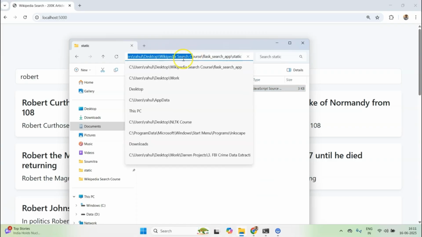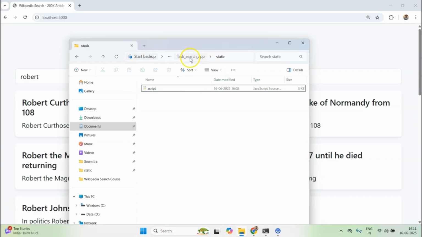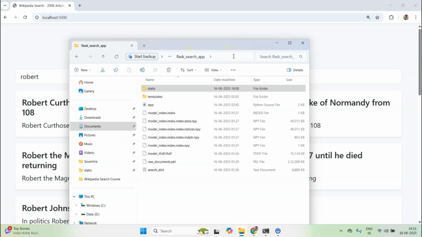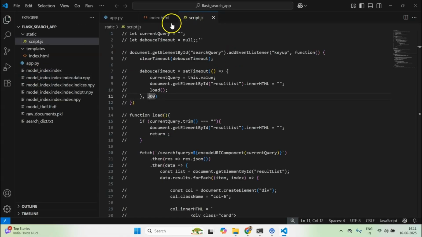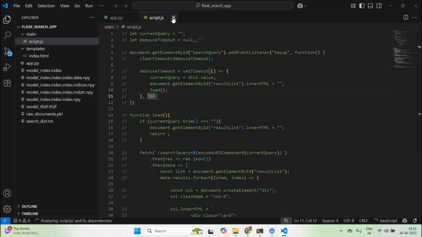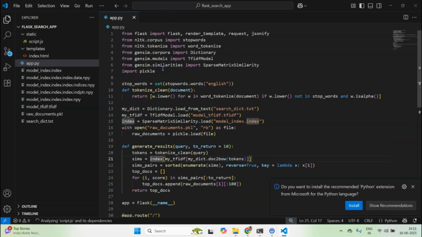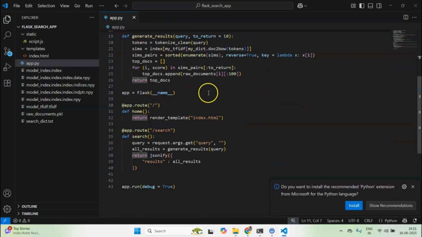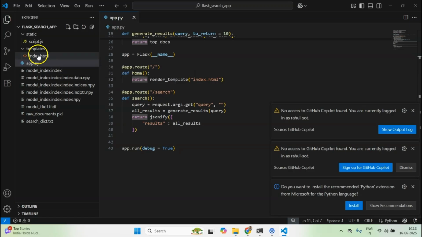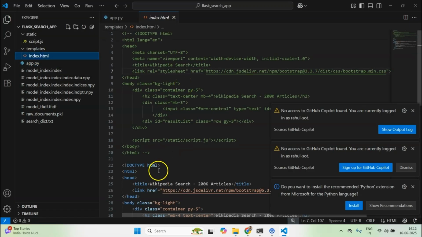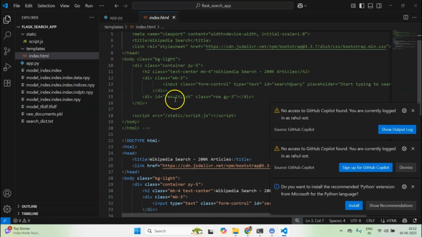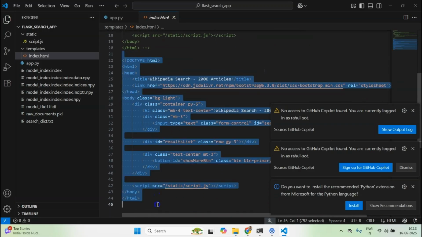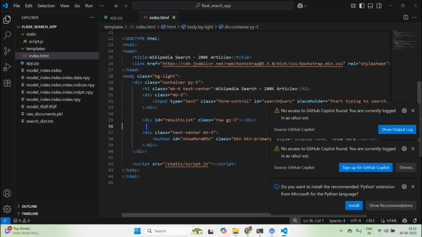Let me open this in Visual Studio Code really quickly. In Visual Studio Code, if I open the app.py, you can see it's entirely the same. I did not change anything at all. But in the index.html, this was our earlier code which I was writing within the video, and this is the new code which I fixed.